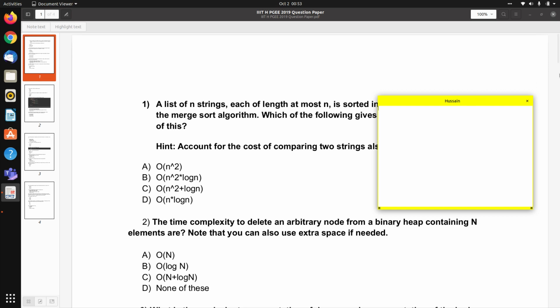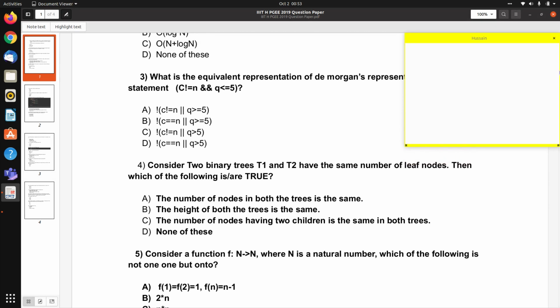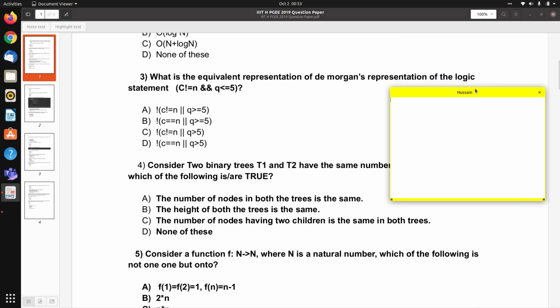Let's move on to the third question now. So we are given an expression: C not equal to n and q less than or equal to 5. Okay, we need to find an equivalent expression using De Morgan's law.